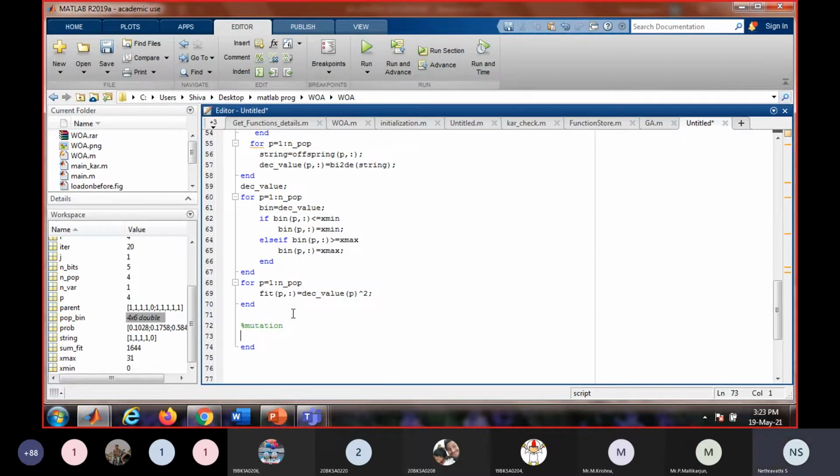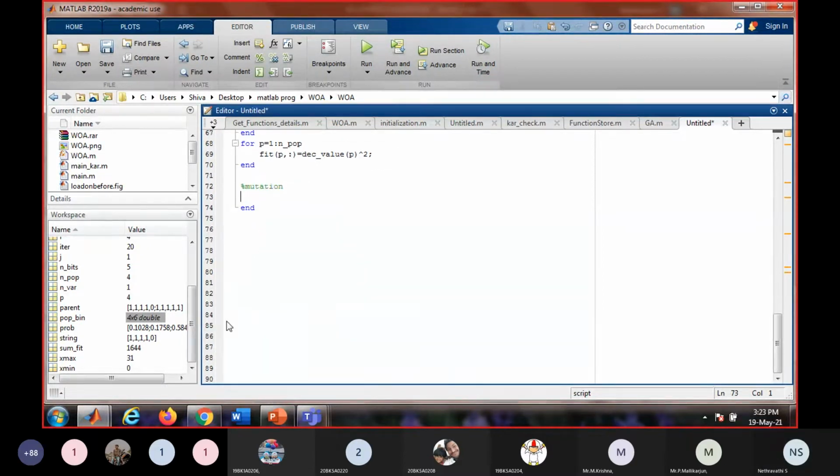So what we have to do in mutation? We have to change some of the bits. Okay, some of the characteristics we have to change. So this loop is to decide which bit has to be flipped.